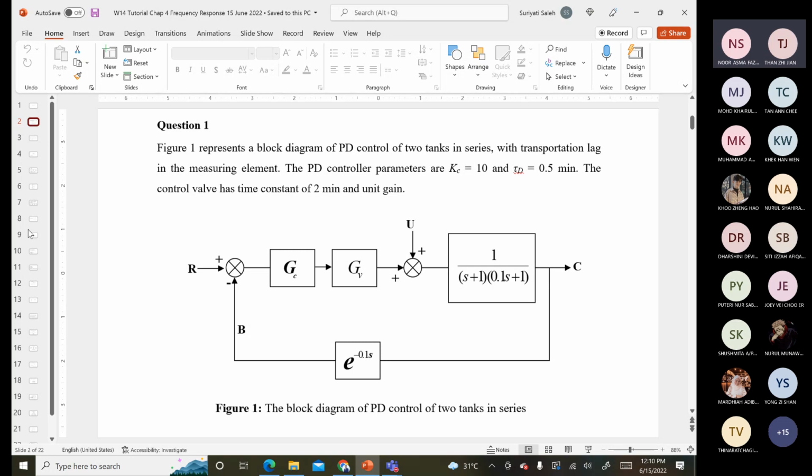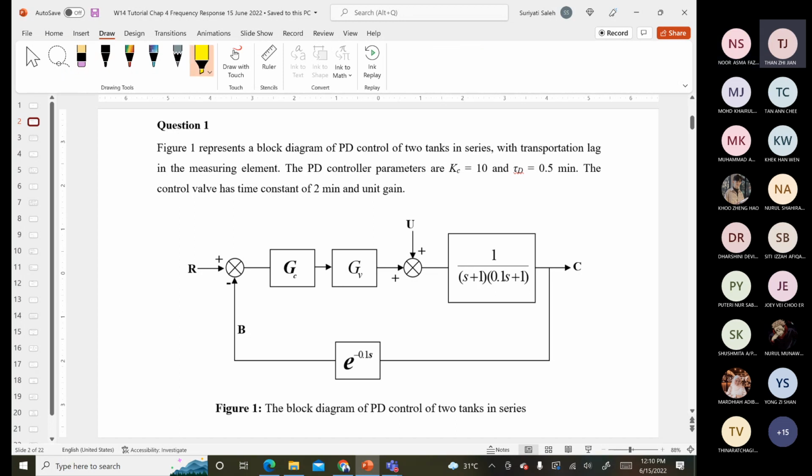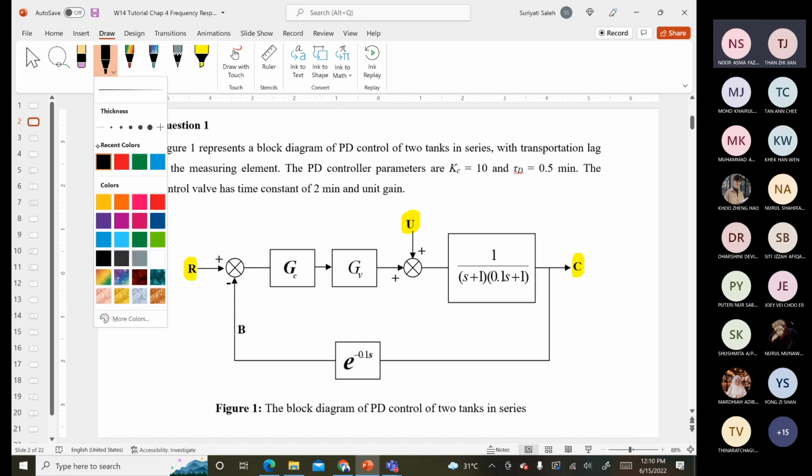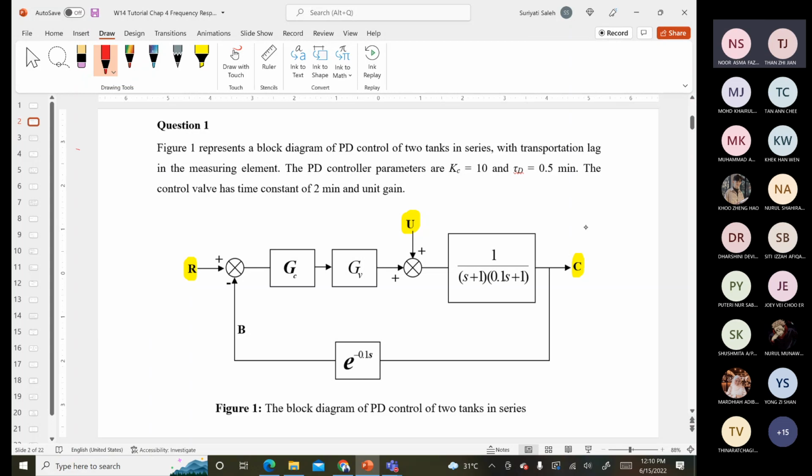You have the block diagram here, which is a little bit different compared to the standard, because you can see the U here, the U represents the disturbance. So this U is your input, and you have the R and the C. Here we can interpret the C as your output